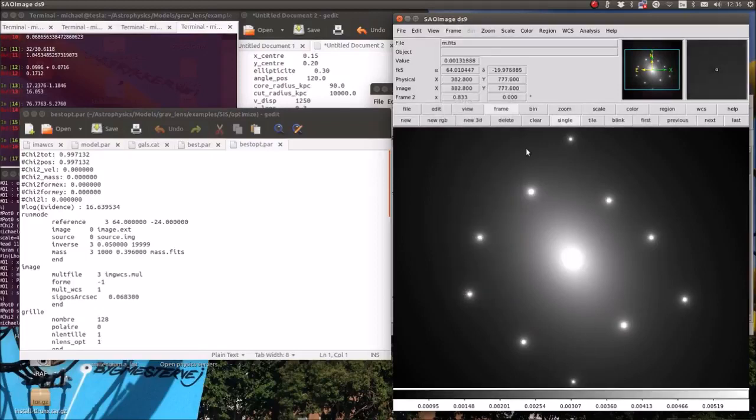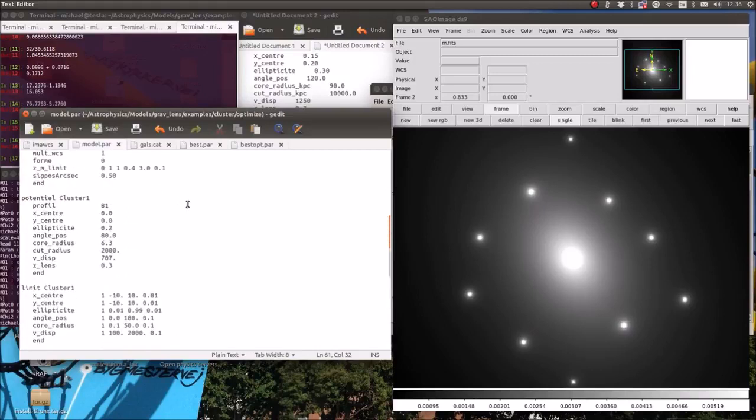So galaxies, multiple galaxies, or the cluster members will usually only perturb the images, but the central bright galaxy in here might possibly create multiple images as well. But the idea is, to recap,